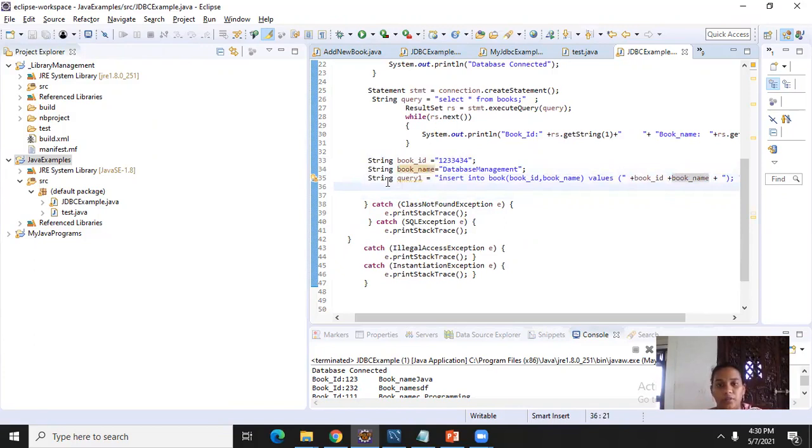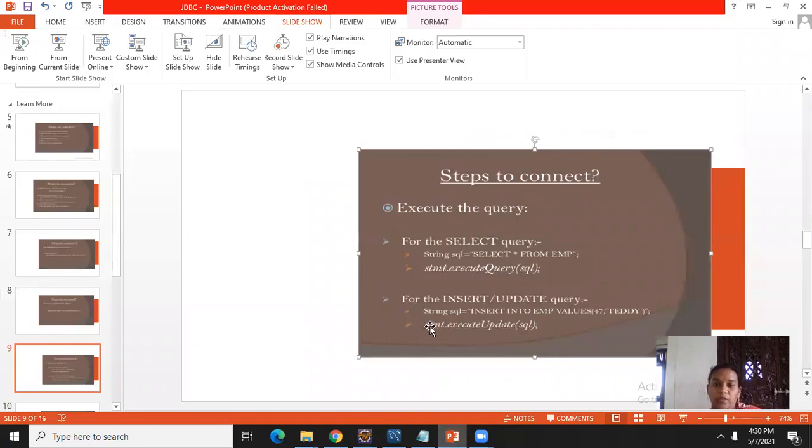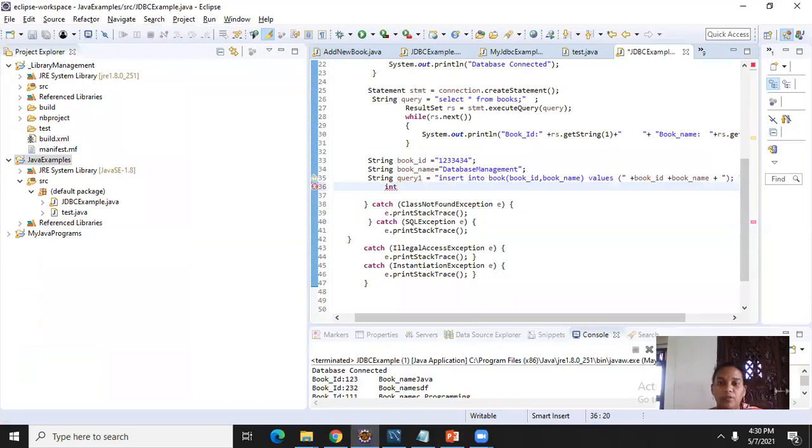Okay, now I need to execute this query. Here execute update will always return some integer value. What is that integer value? The number of rows affected. With this execute update, if I updated 56 rows, then it will return 56 rows updated. So it returns one integer value, how many rows were updated. If I am inserting data, one row will be added, so it will return 1.